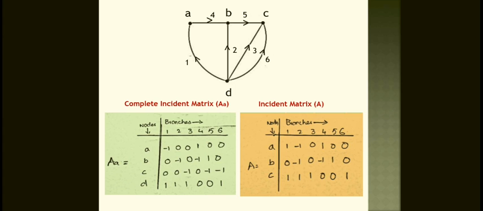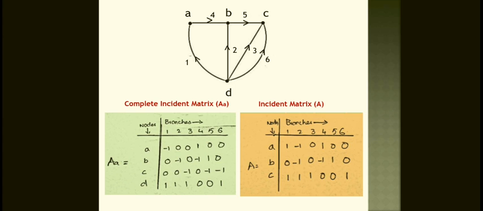So again you come to the C node, you say that it should be connecting with so many. What are they actually? Incoming is 3, 6 and 5. So here you say 1, 1, 0, and 1. This is about how the nodes and branches relate in an incident matrix, which is indicated from the graph itself.